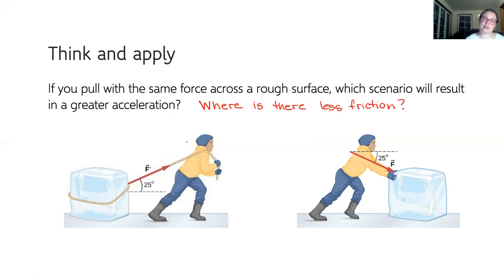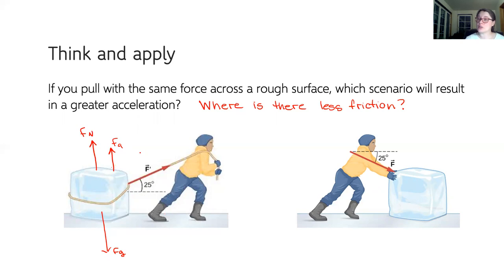Let's think about what happens. So we have this object, we're pulling, and part of our force, so we're pulling at an angle, part of our force is upwards. Force of gravity is downwards. Now it's still on the surface, so we know these two aren't balanced. So we also have to have normal force pushing up on the surface too. How would we figure out how big our normal force is? Well, the normal force has to balance out what's left over of gravity after I take into account the amount